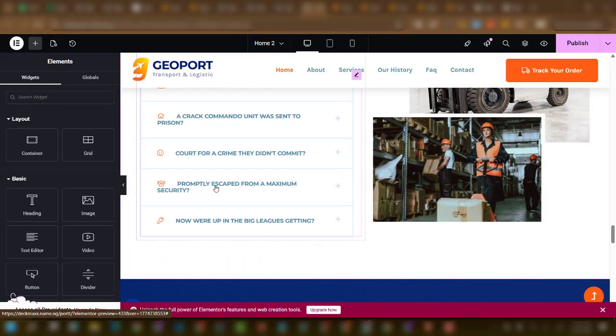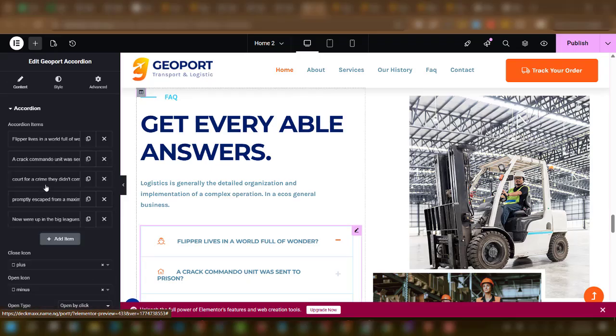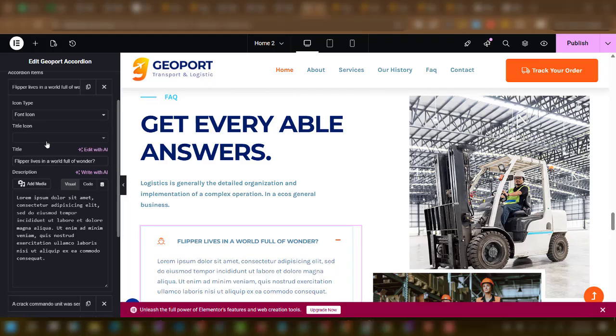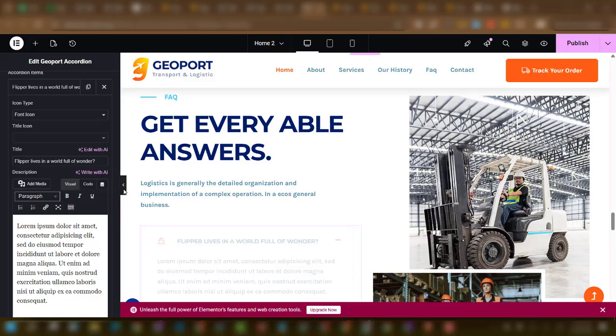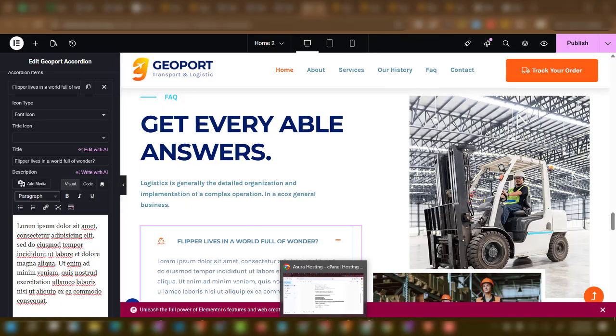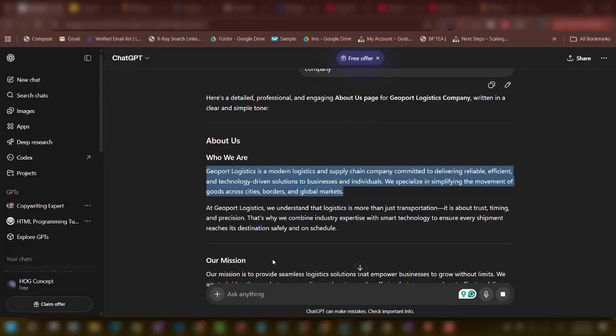Also, what is this one? This one is a toggle. If I click on it now, you can see the title and the content. You can also get it from ChatGPT. You can come to ChatGPT and say, okay, give me, let me bring this one here. If I come to ChatGPT and say